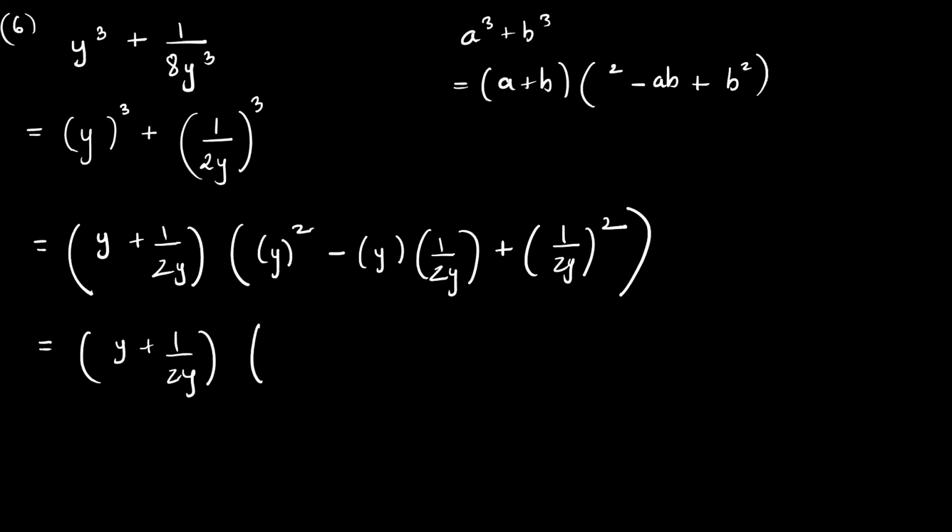Yes, sir. So y plus 1 upon 2y. What is y square plus y square minus 2, because y will get cancelled. Very good. y will get cancelled. So 2. Yes, sir. But on top it is 1 and below it is 2, no? Yes, sir. So should I write 1 upon 2? 1 upon 2, no? Yes, sir. Plus square this full thing, 1 upon 4y square.